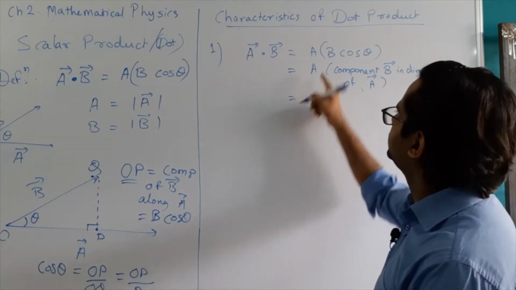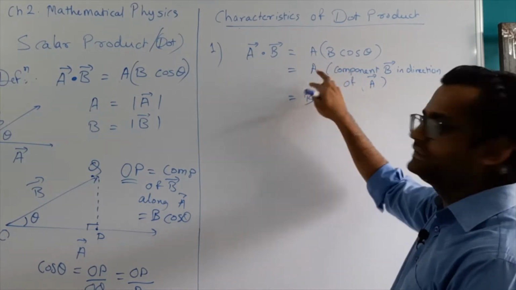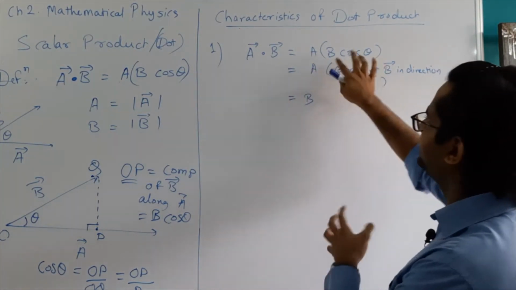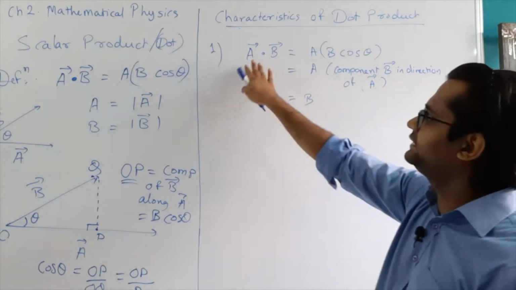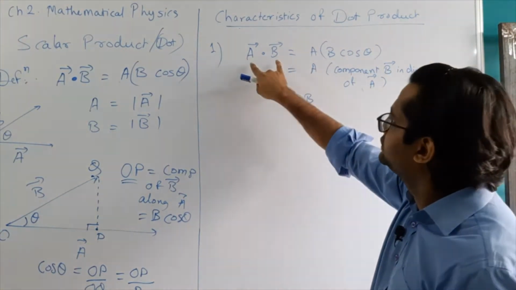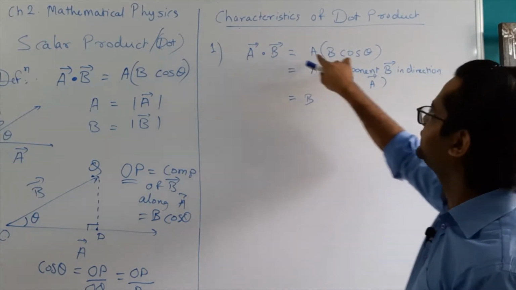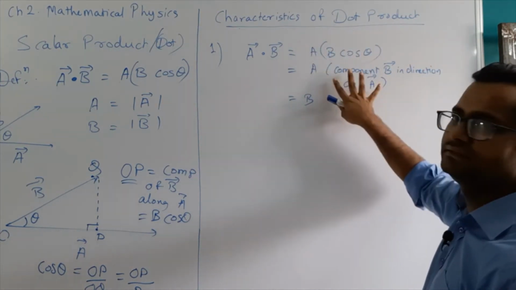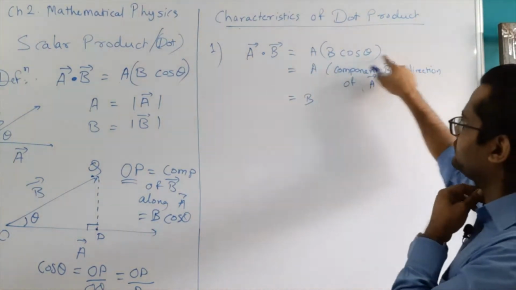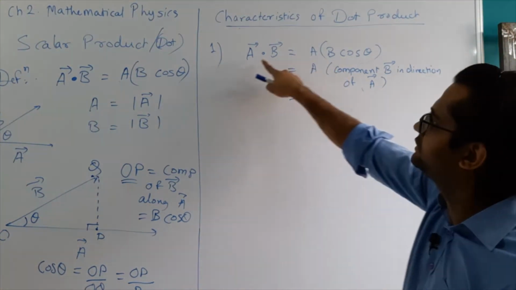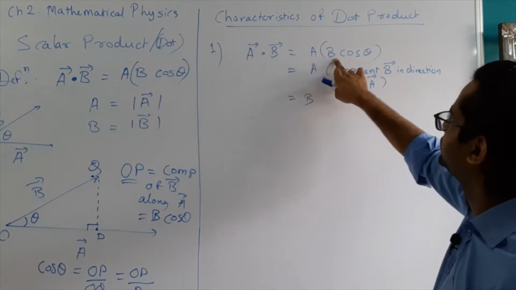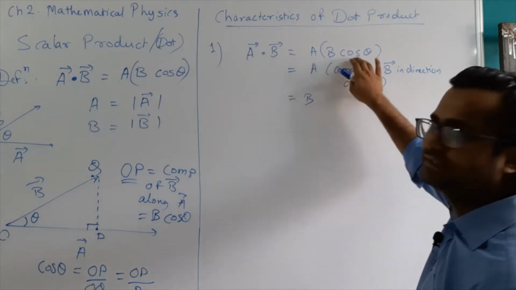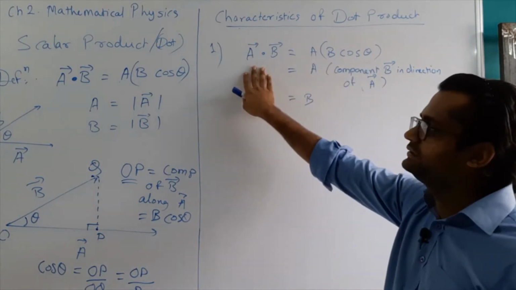Now we can also write this in reverse sequence, since A and B are numbers and cos theta is a trigonometric ratio, so it is also a number. If you look at the right hand side, all these things are numbers. If you look at the left hand side, these are vectors. So this dot product is also called the scalar product, because the answer comes out to be a scalar, since there is no vector on this side. A is the magnitude of vector A, so it is a number. B is also a number, and cos theta is a ratio, so again a number. So all these are scalar things, and that's why the dot product is also called the scalar product.